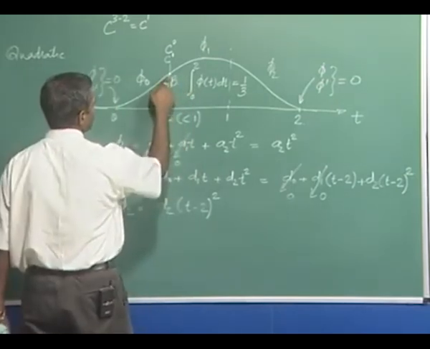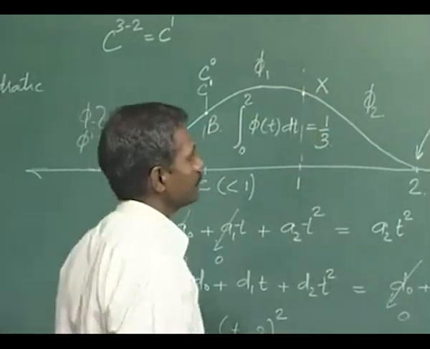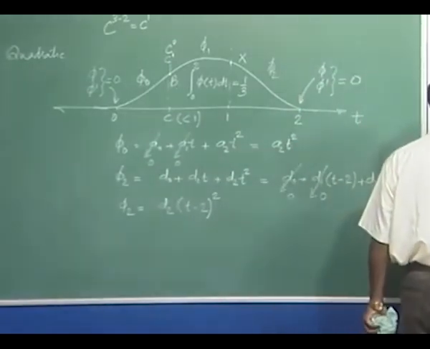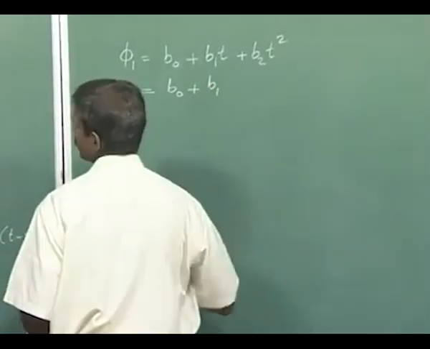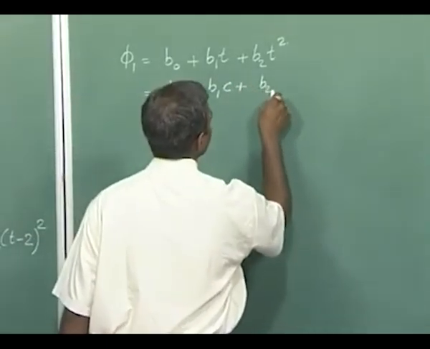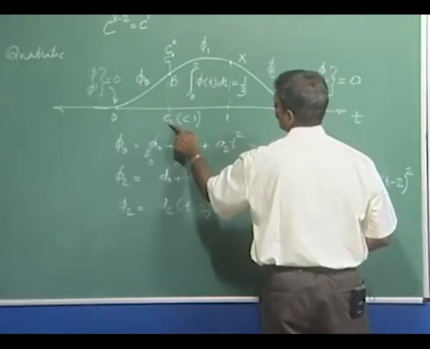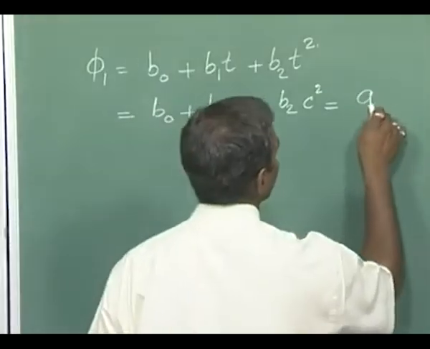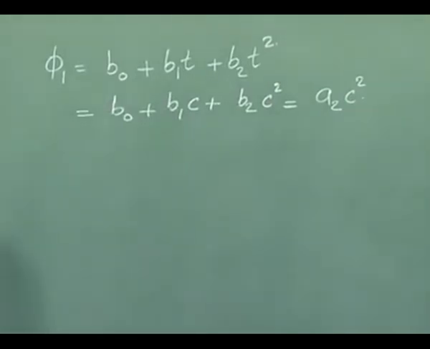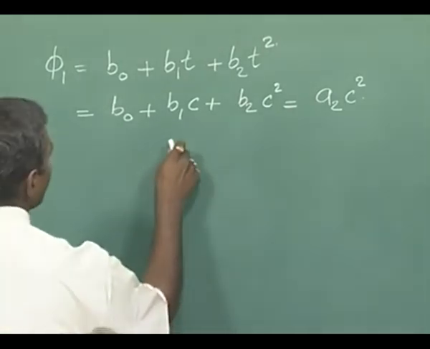Let me represent this junction point by symbol B and this one by symbol X. So at B, we have b0 plus b1 (the t value is c) plus b2 c squared equals phi 0 at c, which is a2 c squared. This corresponds to position continuity, and for slope continuity I have